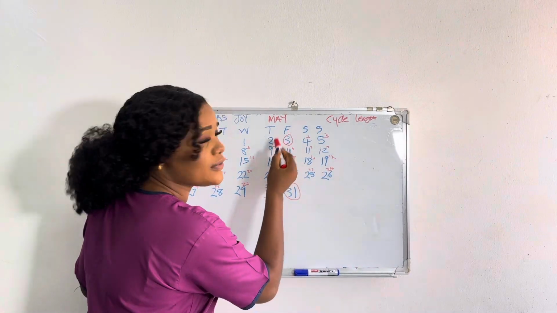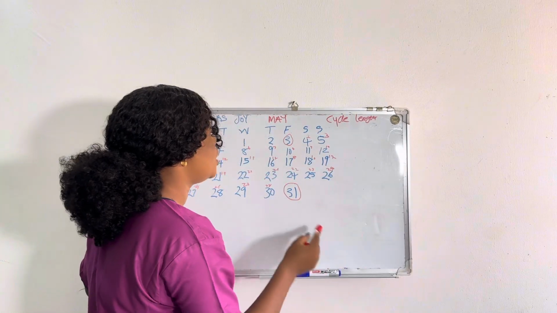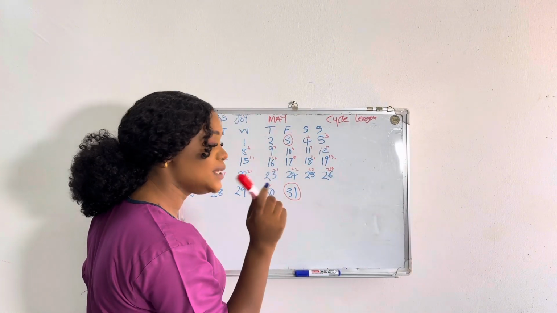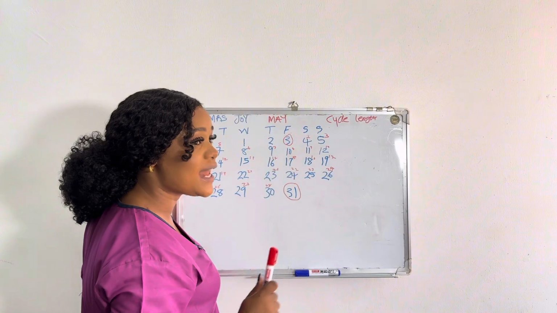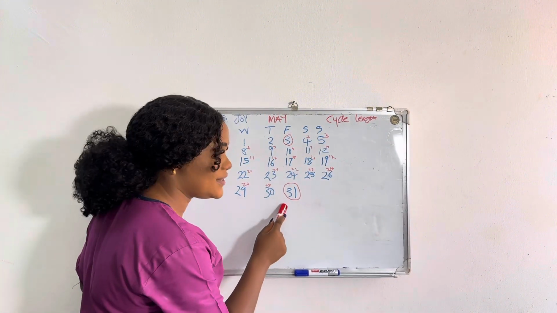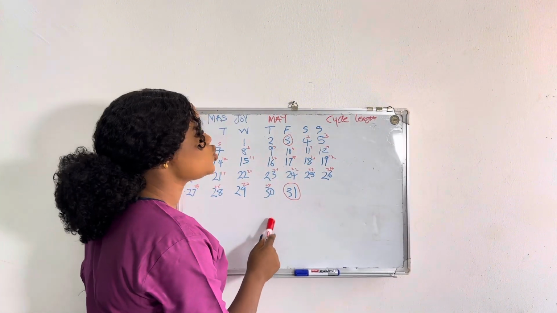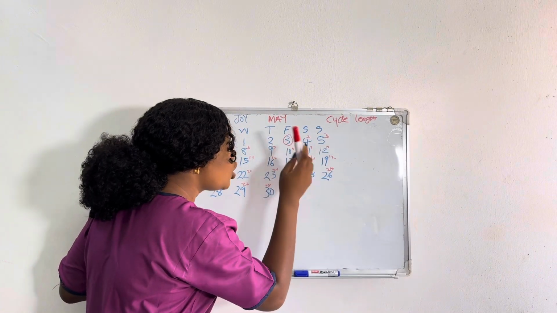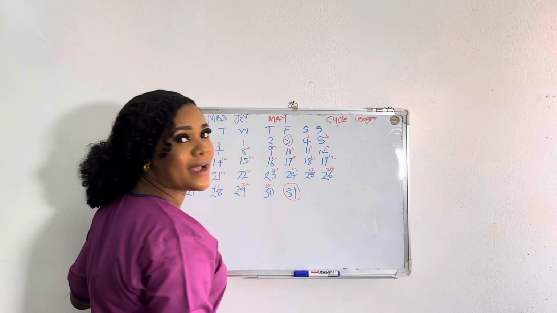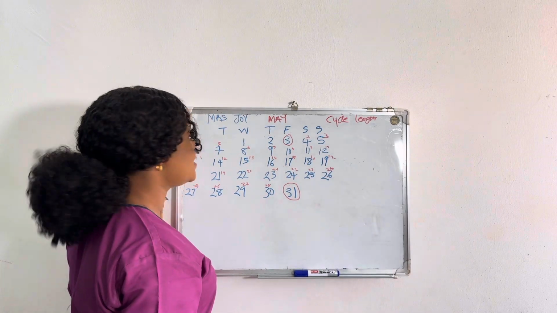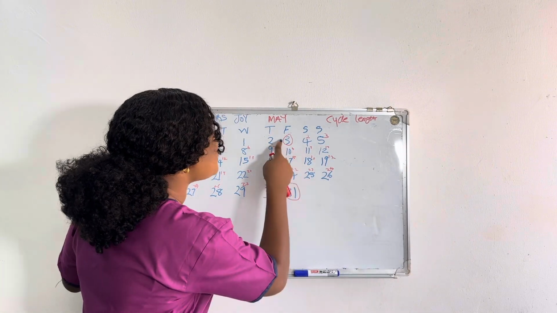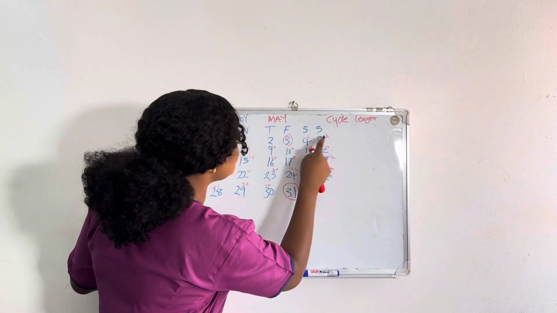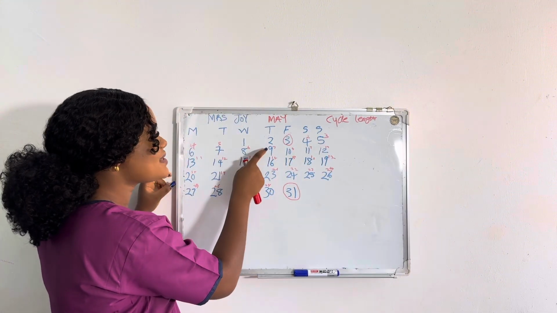So on the third being the first day I started seeing my period, the first day I started seeing blood. And the other time I'm seeing my period again was the 31st of the next month. So I'm going to start counting from this third being my day one to a day before my next period. Simple. This is my day one, day two, day three, day four, day five, day six, day seven, day